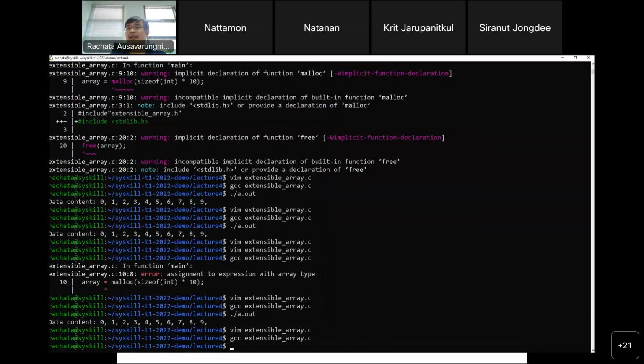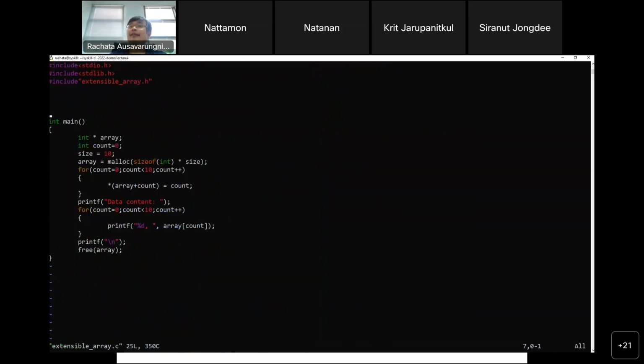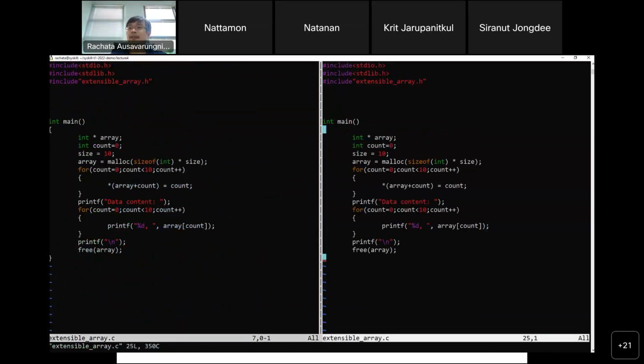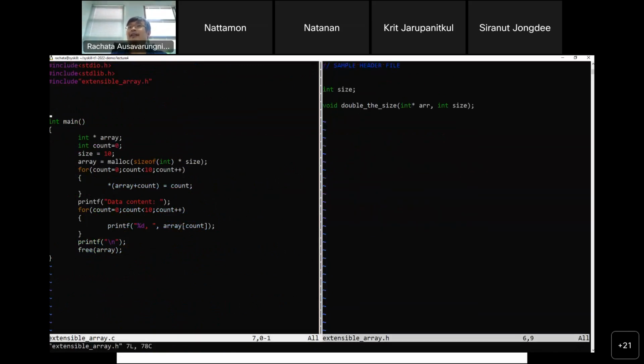It will work, right? Because now you have a function called double the size, but it doesn't really do anything. If you call that function, it also will not really work because we haven't defined the body of the function, right? So we need to now implement the function.